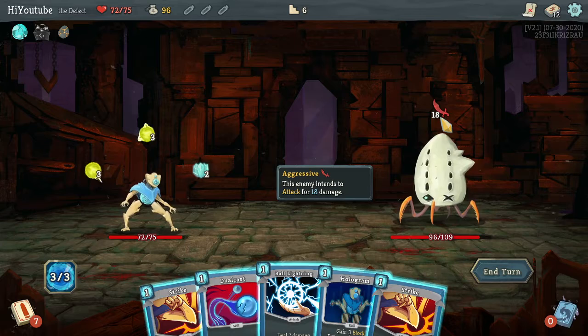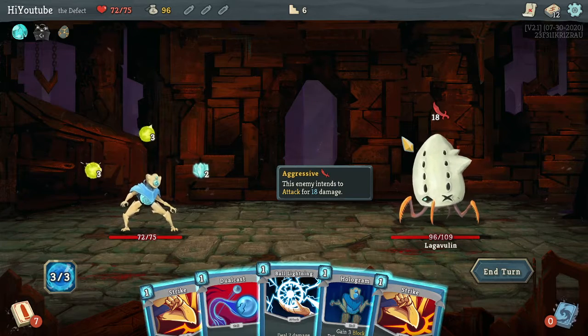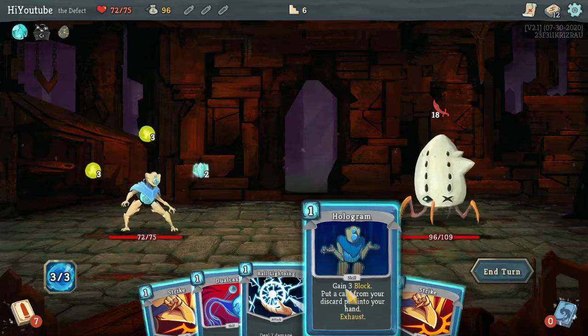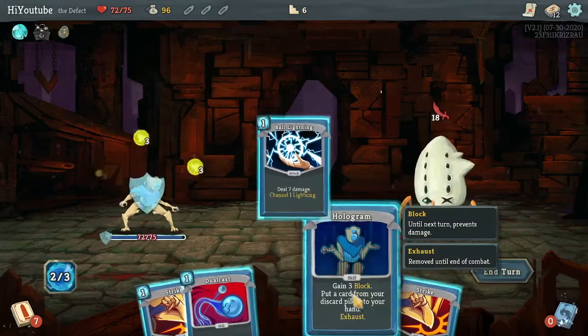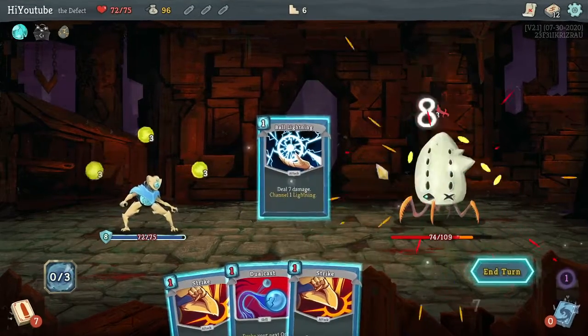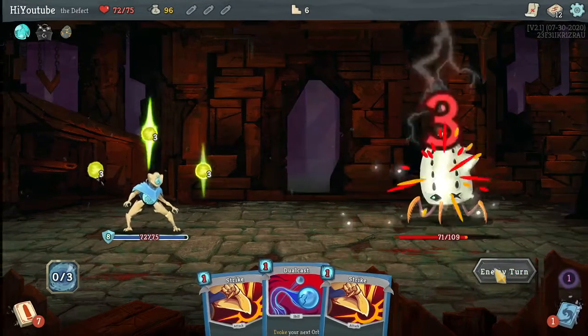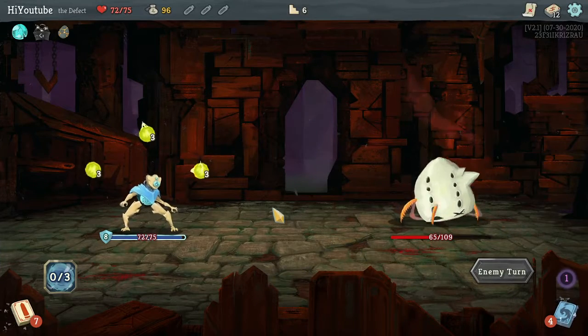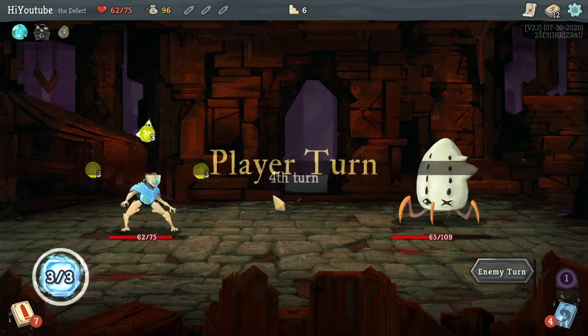Why are you only doing 18? Anyway, on the 3rd one, he'll do a negative effect where he lowers our strength and our dexterity, which isn't great. I'll take that 10 damage for now. We've got a bonfire after this anyway, so...